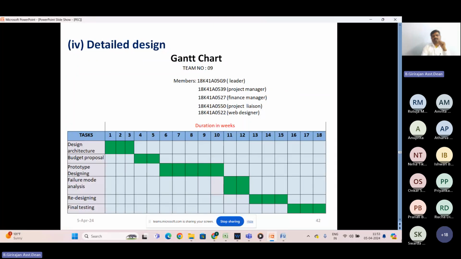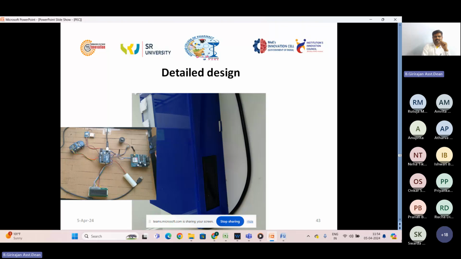So timeline is very important. Don't drag for too long a period. If you drag, it will not be successful, and meanwhile anybody can provide the solution. Many startup companies or ideations fail because during their duration of the design, the product has already been designed and become popular in the market. So make the time duration not too fast and not too slow, but follow the timeline every time. Check yourself. So these are some of the detailed designs I can explain.